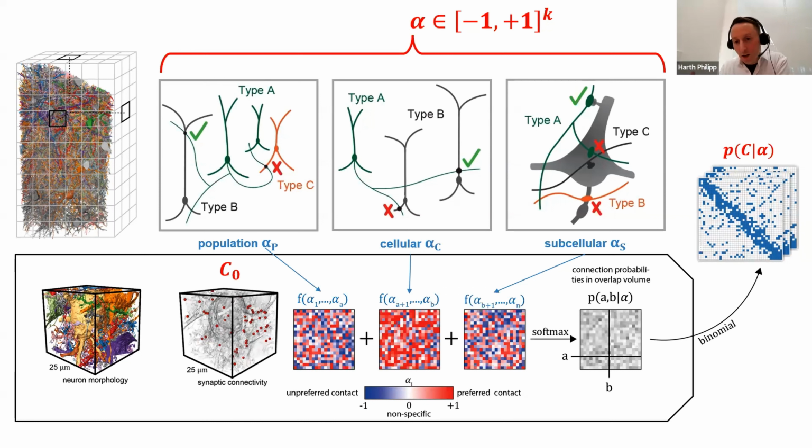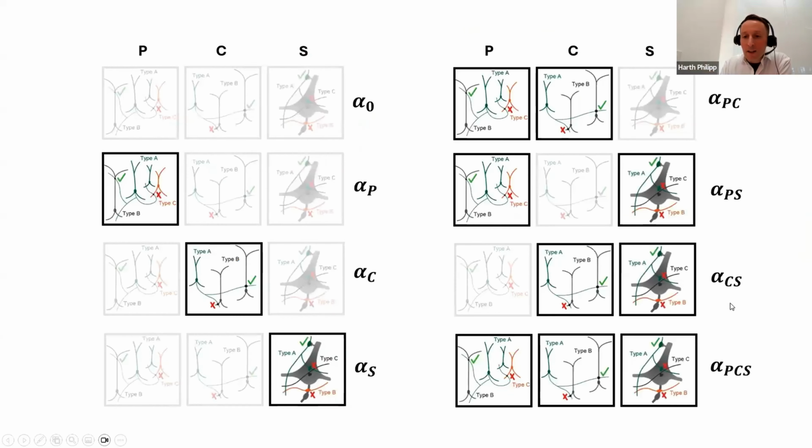And currently, our approach is to add these different specificity parameters up and then use a softmax function to get a row-wise normalized specificity matrix, which can be interpreted as probabilities that any contact in this overlap volume is connected to each other. Based on these connection probabilities at the local level, we can then generate, with a stochastic process, this forward model: the probability to get a connectome given certain wiring specificity parameters.